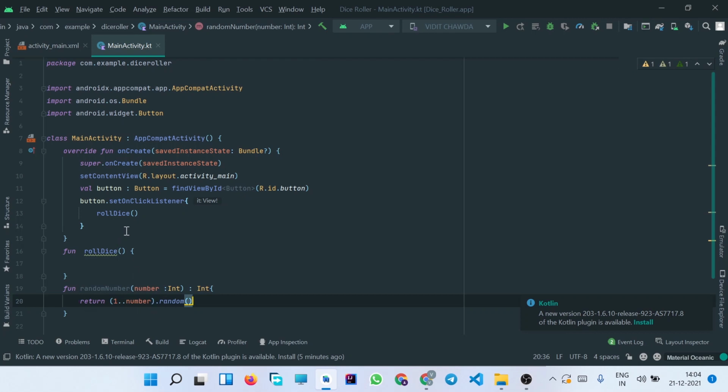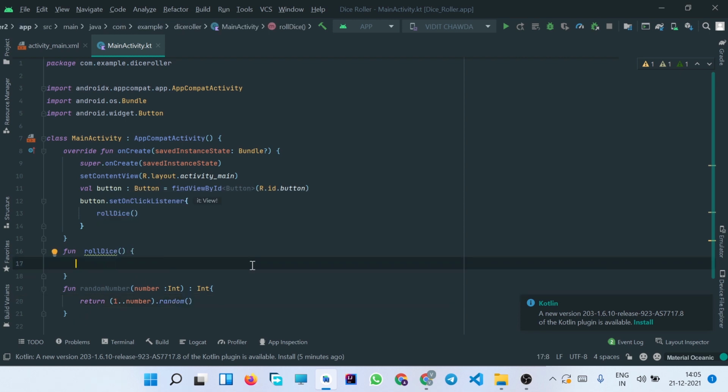So whenever we click on this button, this onClickListener will be called, and inside that we have called a rollDice function, and inside this rollDice function we are again going to call this function, and every time the button is clicked, this function will be called, and we are going to get a random number between 1 to 6. So we have now created a function which will return us a random number.